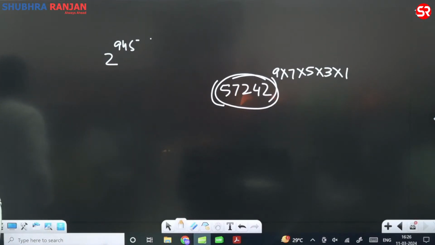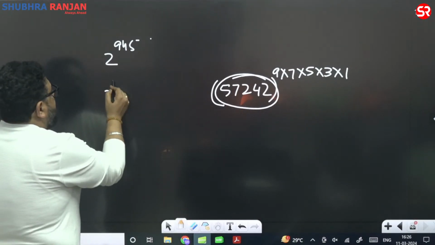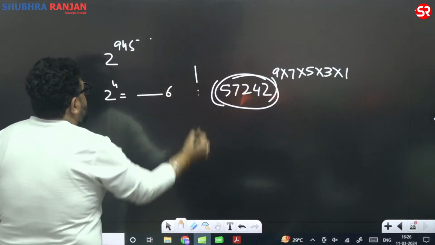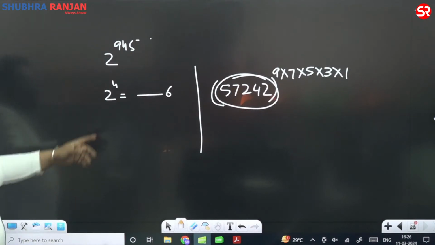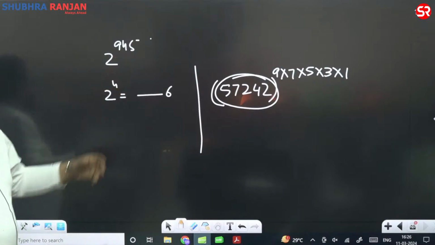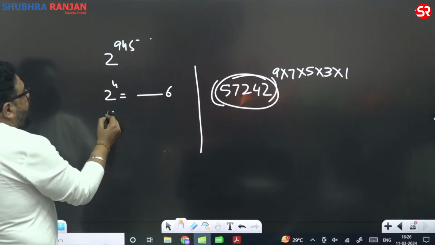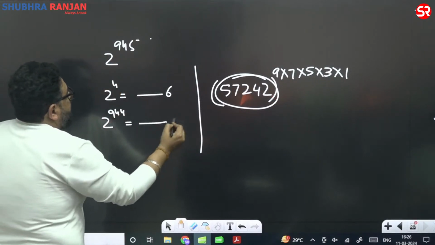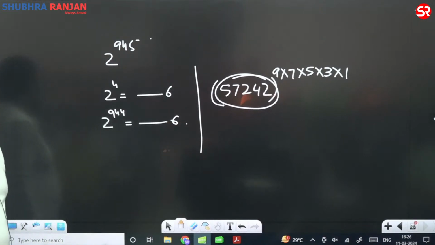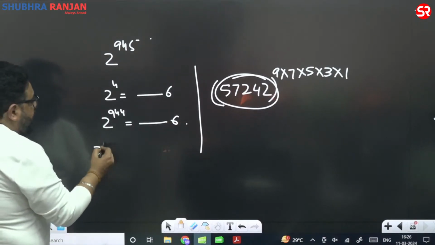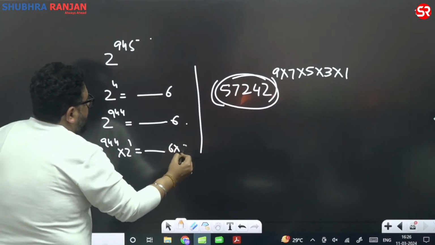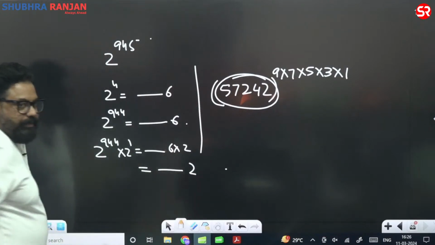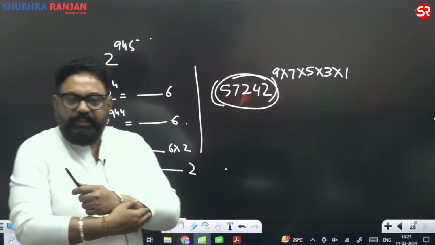वी नो दैट 2 raised to the power 4 gives you 6 at unit place, है ना। So multiple of 4 less than 945, definitely 2 की पावर 944 also gives you 6 at unit place। बचा के एक और पावर, 2 की पावर 944 into 2 की पावर 1 gives you 6 into 2 which is equal to 2 at unit place। आंसर 2 है।